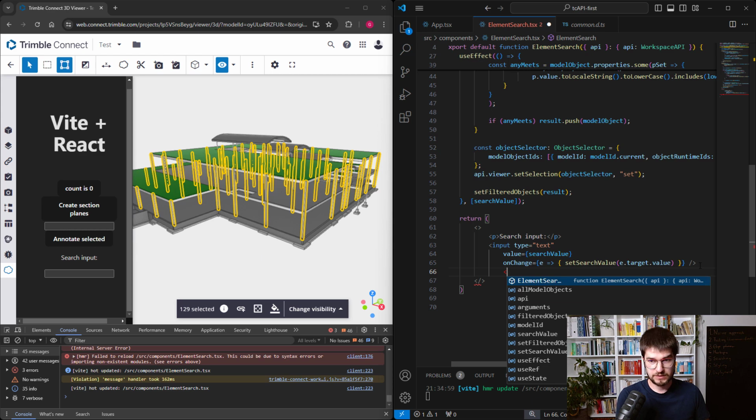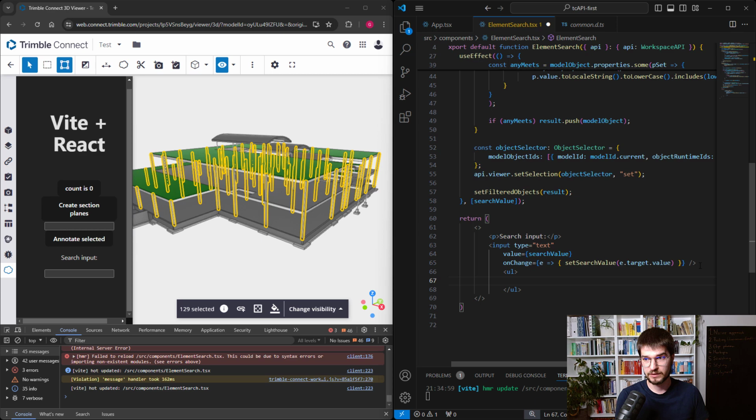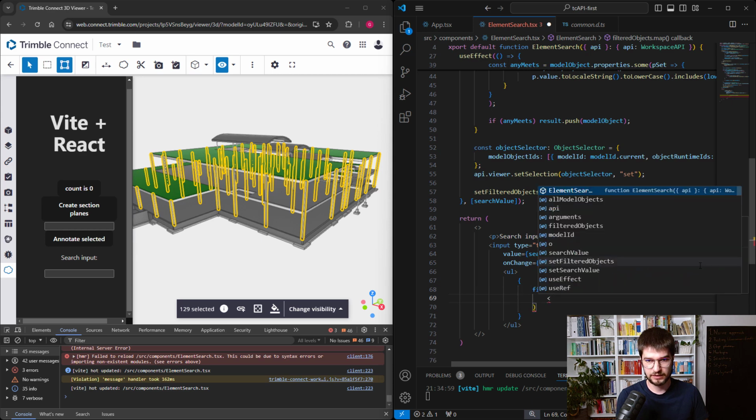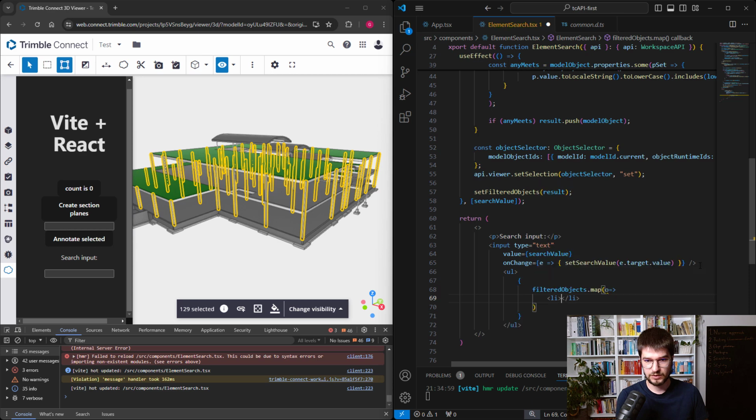I will just try to display the UL at the very beginning, and here I have to provide some JavaScript inside, and those will be the filtered objects, and I will map them to an object, and I have to provide here an li element. Here it is, and React demands from us to provide a key for every